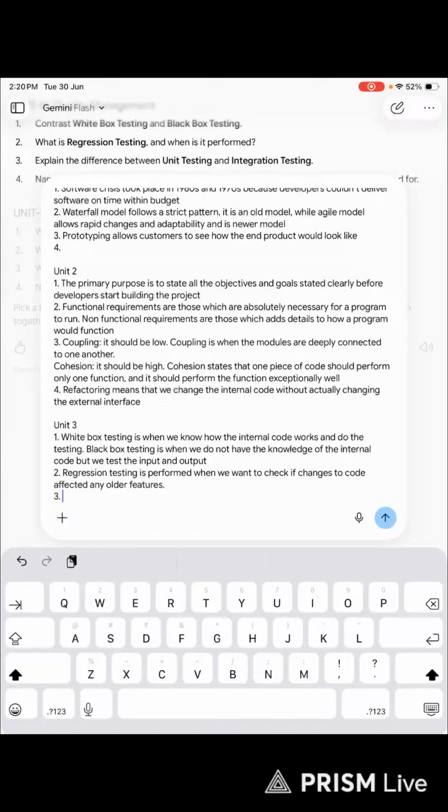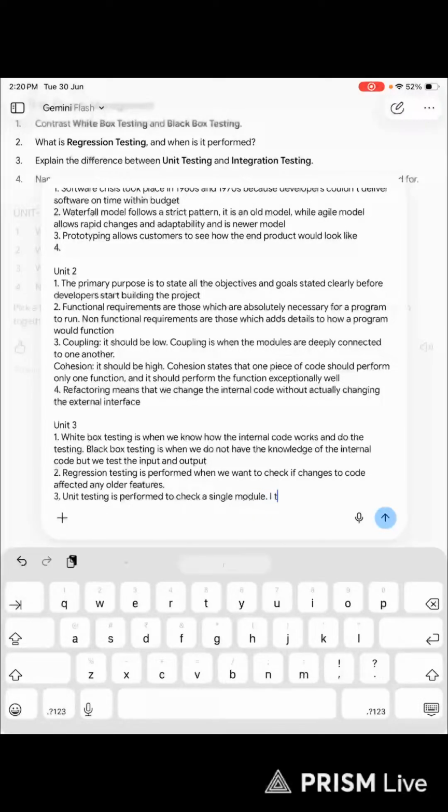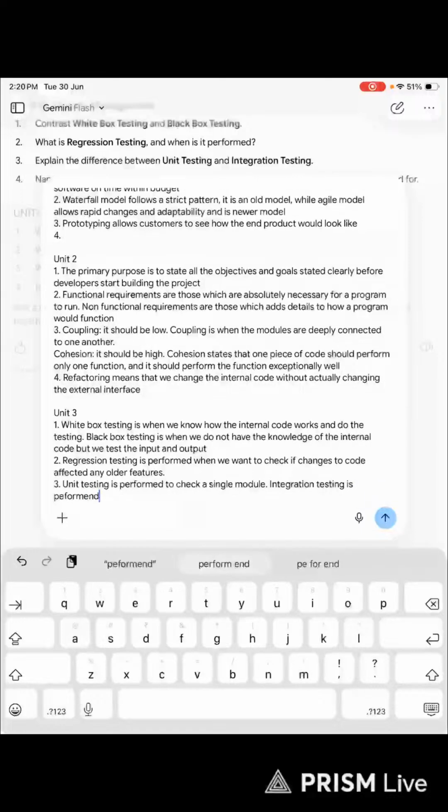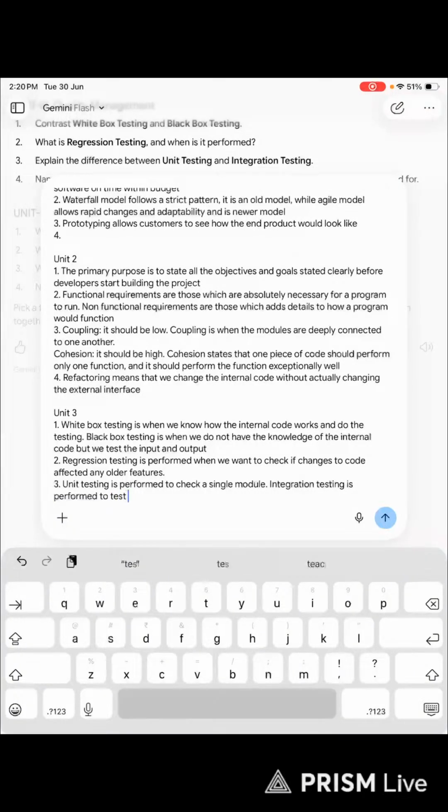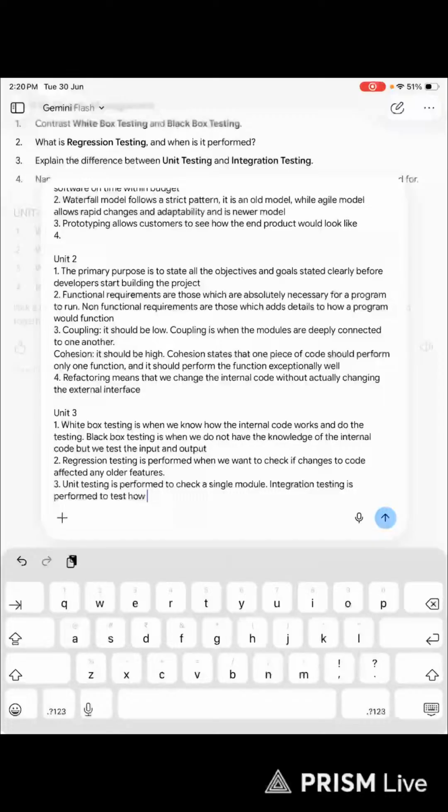Explain the difference between unit testing and integration testing. Okay. Unit testing is performed to check a single module. Integration testing is performed